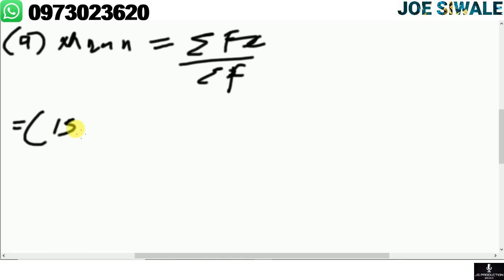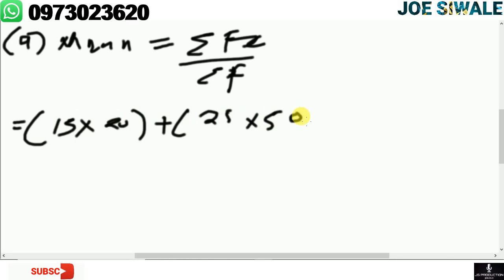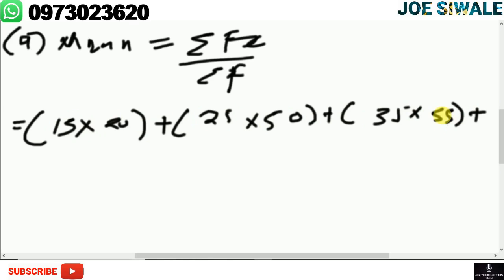So we're going to say 15 multiplied by the frequency, that's 20. For the second one, we have the midpoint, that's 25, multiplied by its frequency, that's 50, plus we also have 35 multiplied by 55, plus